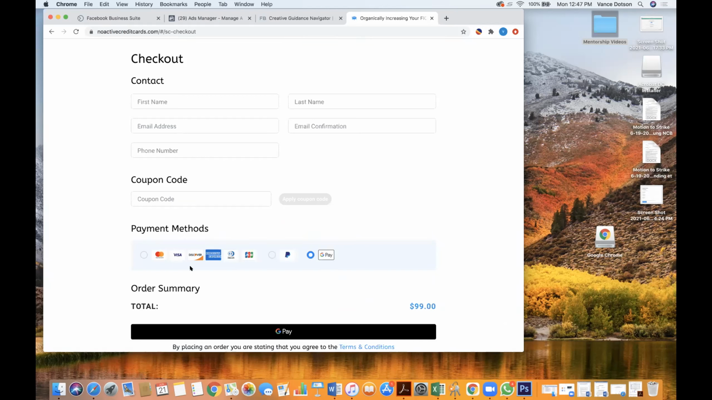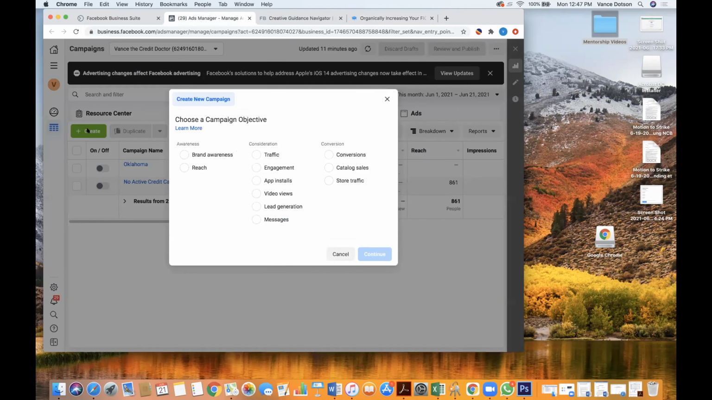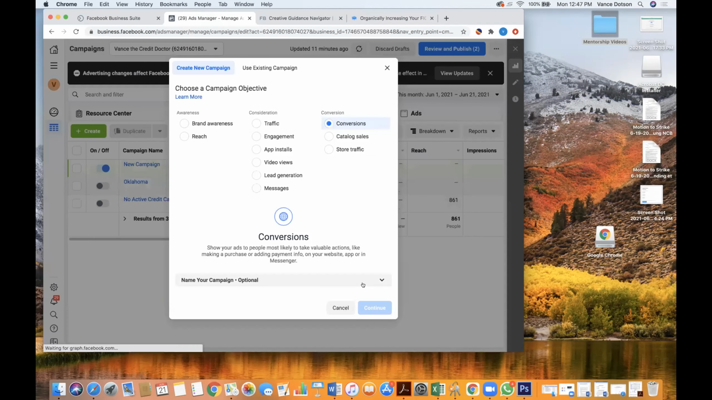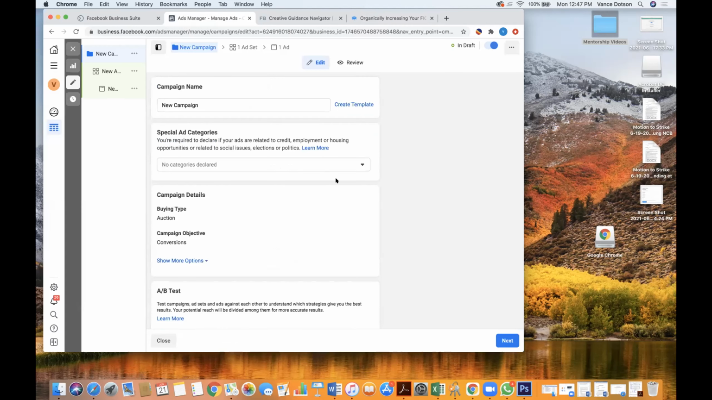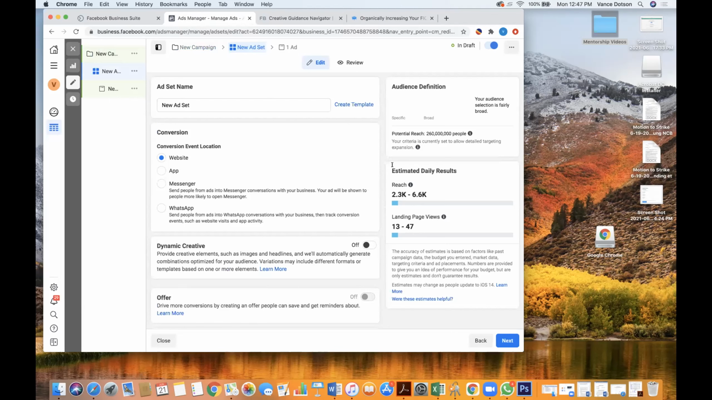Okay, so go to your ads manager, change, and then let's hit create. Were we able to choose a purchase conversion campaign? Hit conversions, and then hit continue. And then choose, hit next. Yeah. And then,